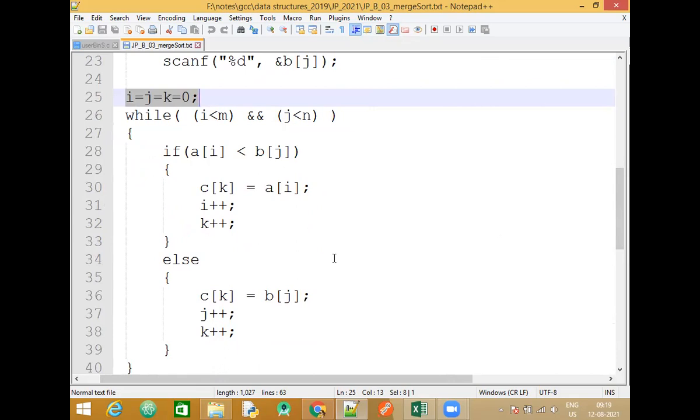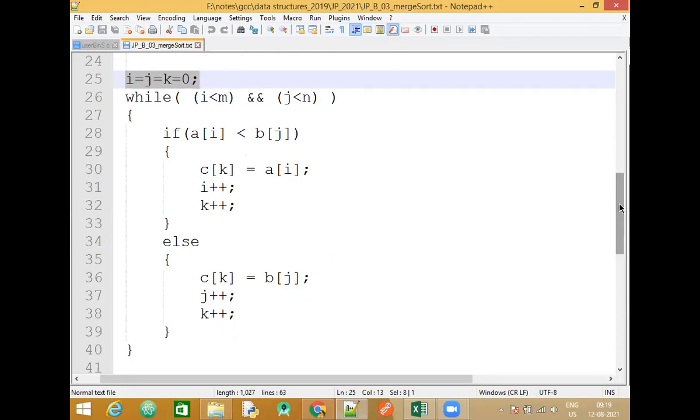With the tracing, we will understand. In short, I will tell you what we are doing here.